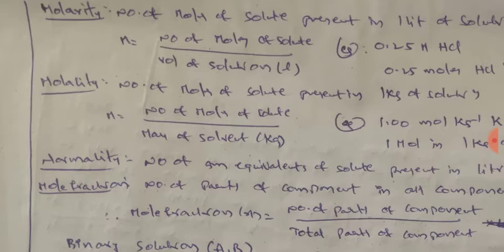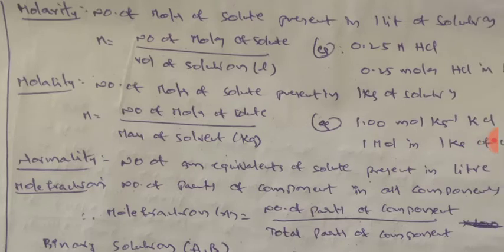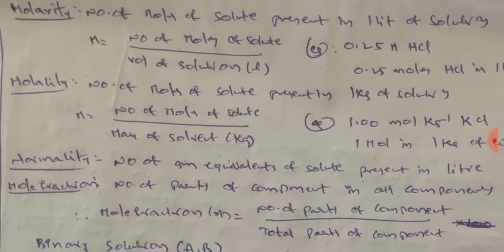Okay, let's start with the expression of concentration of solution, which is molarity. What is the definition of molarity? Molarity is defined as the number of moles of solute present in 1 liter of solution. So the quantity is very important. The molarity formula is written as M equals the number of moles of solute divided by the volume of solution in liters. That is the formula.